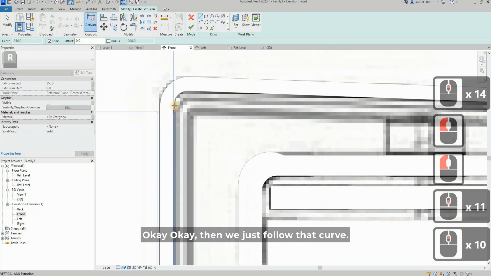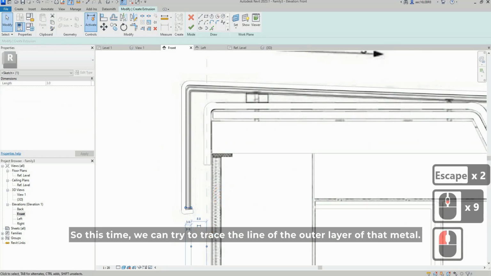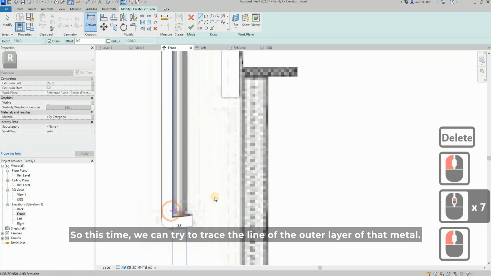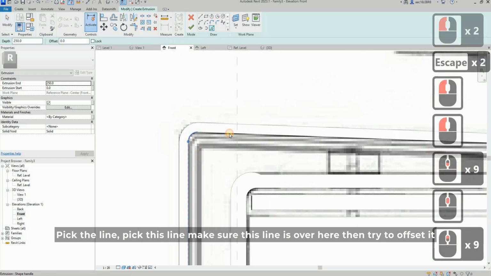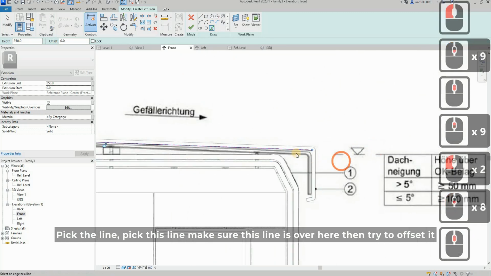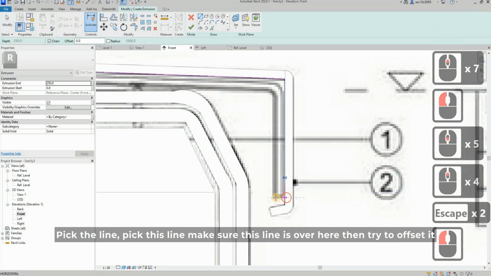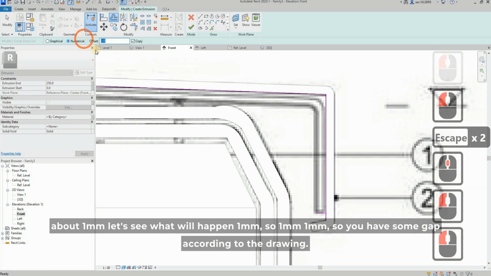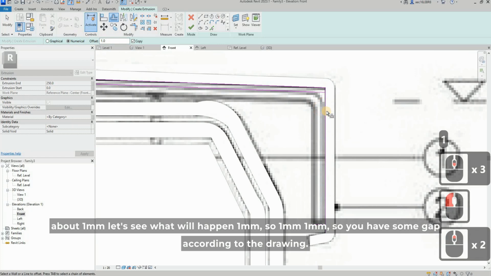Okay, then we just follow that curve. So this time we can try to trace the line of the outer layer of that metal. Let's pick the line, pick this line, pick this curve, pick here. Okay, then pick this line, then make sure this line is over here, then try to offset it about 1 mm. Let's see what will happen. 1 mm, so 1 mm,